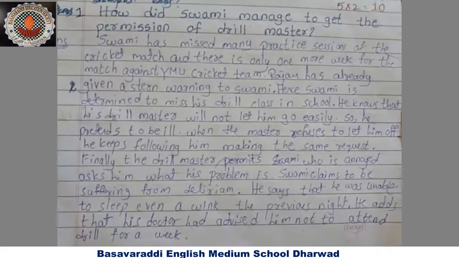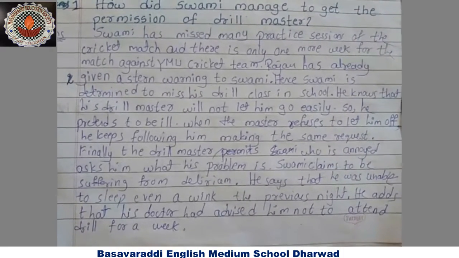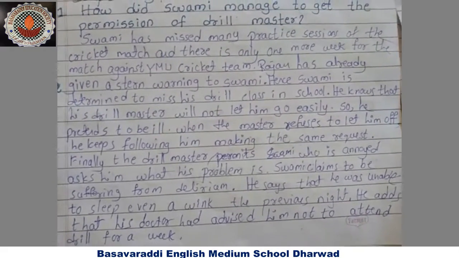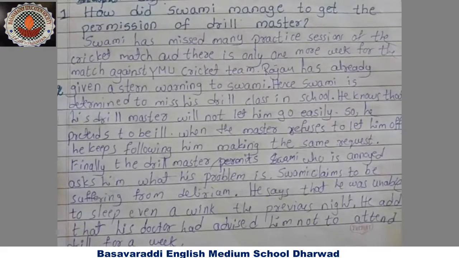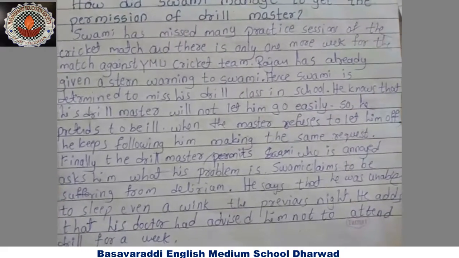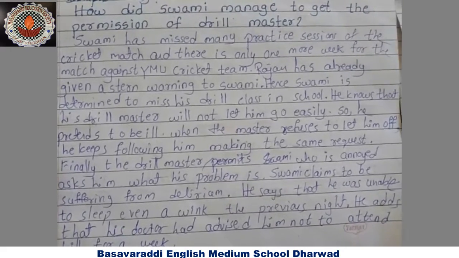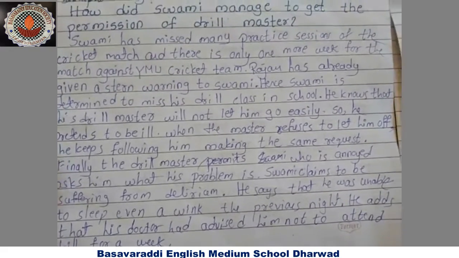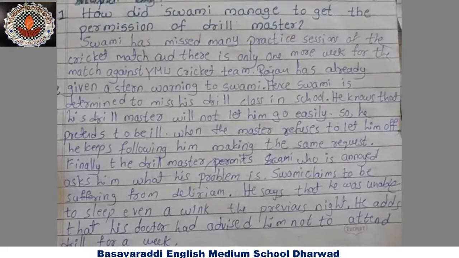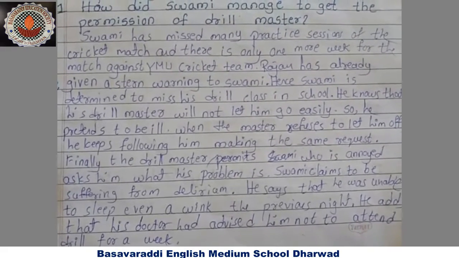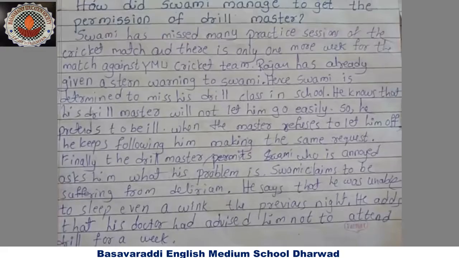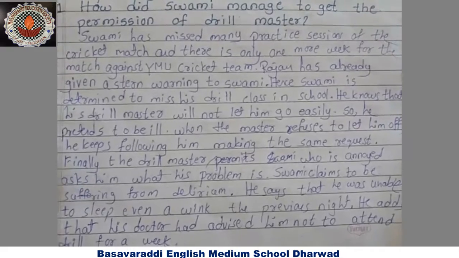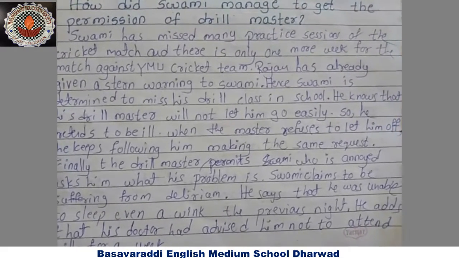So here, this was a very nice lesson. Swami was a very good cricket player and they wanted to win the match. Even so, he was unable to attend the evening classes because, as I already told you, the drill class was there and the drill master was very strict. He was not given permission, because the drill master had ordered Swami to attend drill class every day. That's why he had to find some reason. Like this, he managed to get the permission from the drill master.